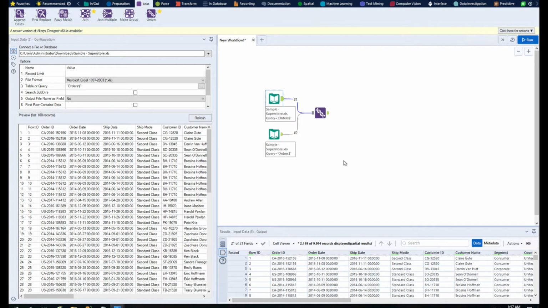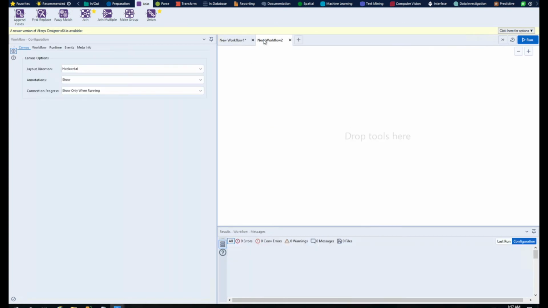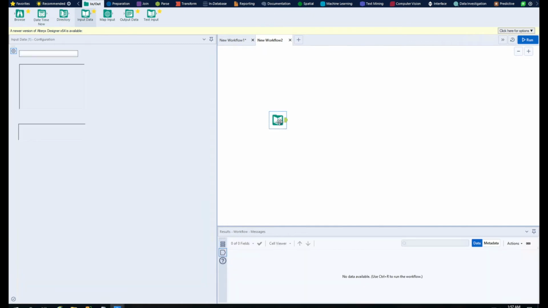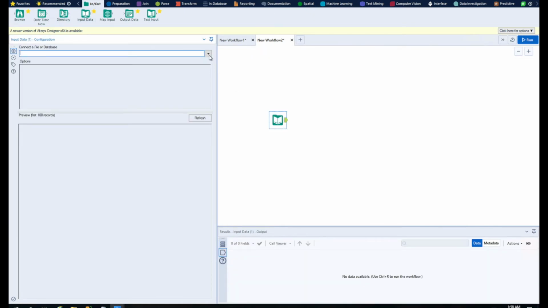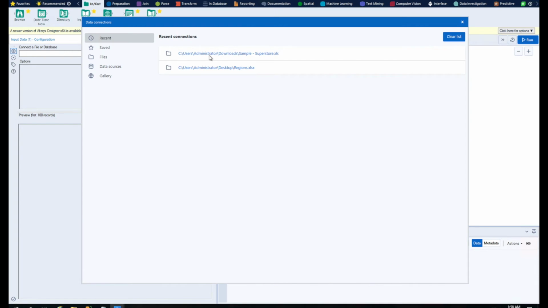Instead, what you should do is use a very important tool called the dynamic input tool. The dynamic input tool will help you load all the sheets together and then combine them. So that is what we will be doing. Let's say I will create a new page just to show you clearly. Here I'll use the input data tool again. You know that I already have input data tools which help you get the data, and I have already created a file structure so that you can easily understand it.